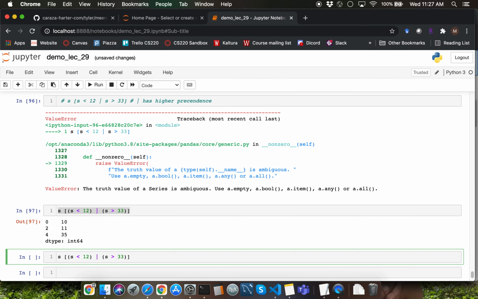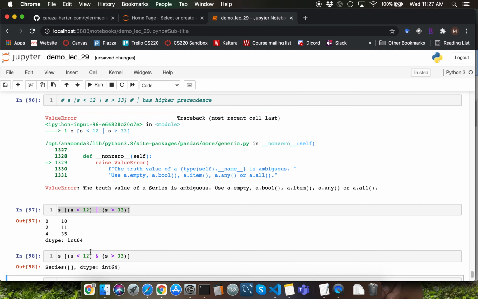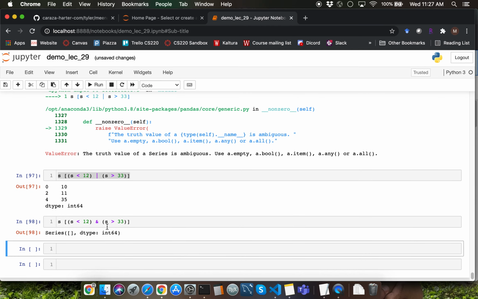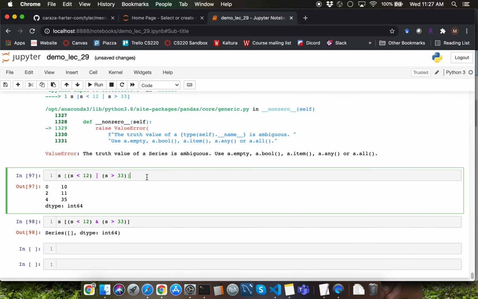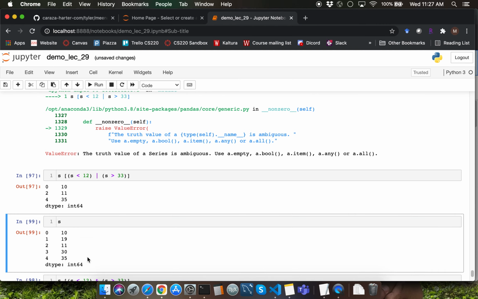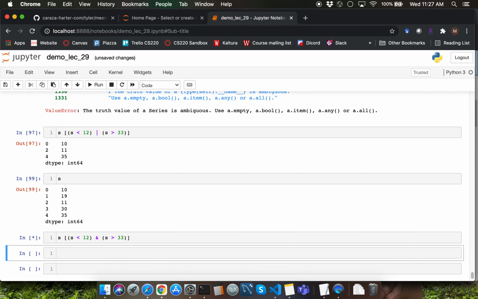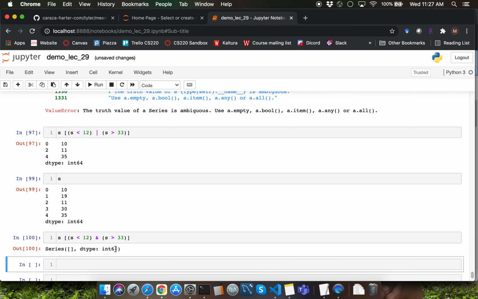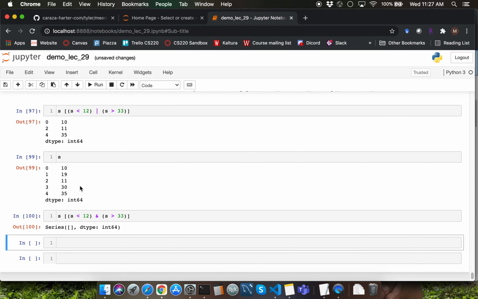Let me show you an example of AND operator here. If I replace OR with AND, that's going to give me, give me just a second. I am going to really quickly check what's going on here. I'm going to try and display S, and I'll re-execute this particular cell of code. That's going to enable us to get a series. For some reason I'm having some trouble with this example. I'll let you refer to this example from the completed version of the notebook file that I've already posted.